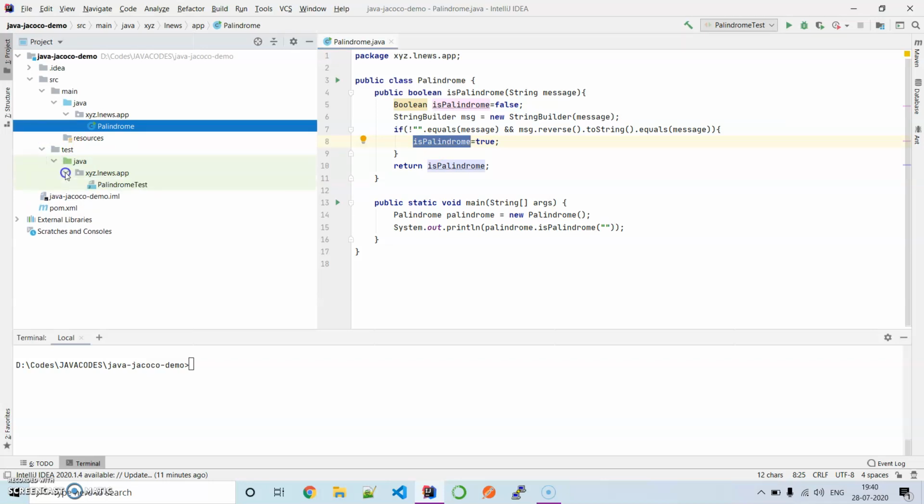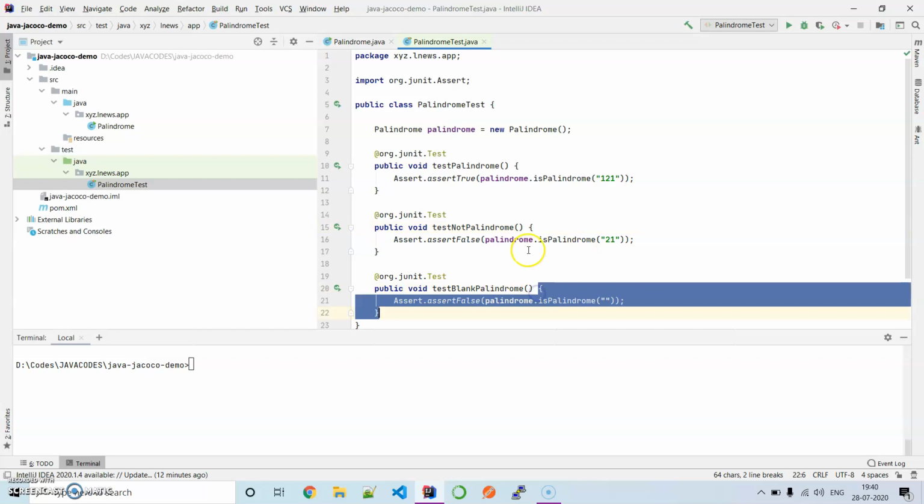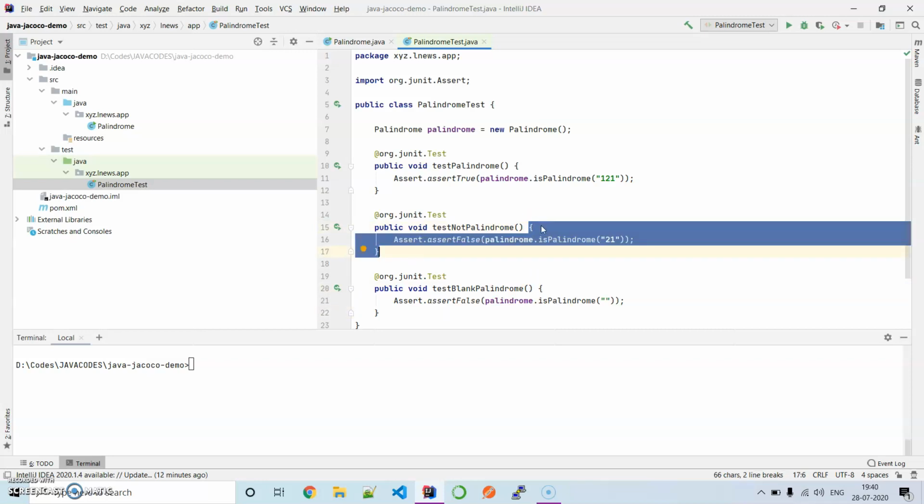If we go there, we will see that in the palindrome test I have covered three scenarios: first, where the message is a blank one, then checking a message which is not a palindrome, and finally checking it with a message which is a palindrome. So I have written these three tests, and now, in order to implement Jacoco,